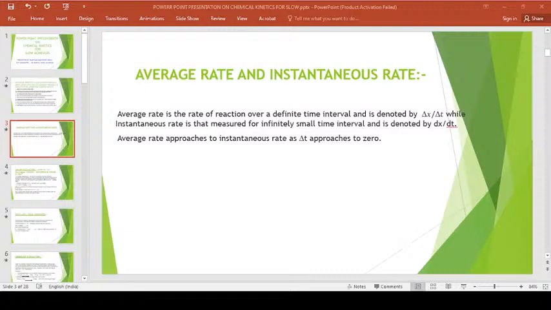It can never be zero or a fraction value. Next, number four, order is sensitive to temperature, pressure or concentration. If you change temperature or pressure or concentration, that will be reflected in the order of the reaction. Then, on the other hand,